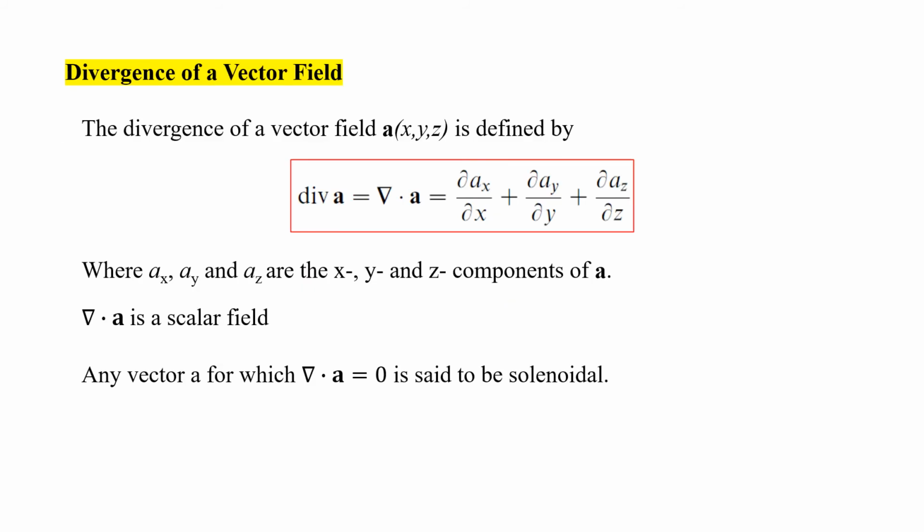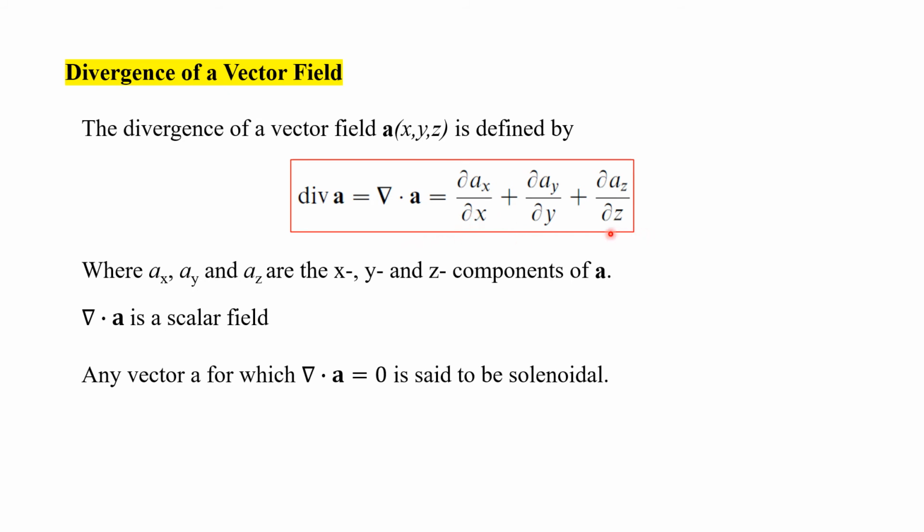So we have your gradient of your scalar field. Next, we have your divergence of your vector field. The divergence of a vector field A(x, y, z) is defined as the divergence of A, which is equal to del dot A, and this is equal to the partial derivative with respect to x of Ax plus the partial derivative of Ay with respect to y, and then the partial derivative of Az with respect to z,